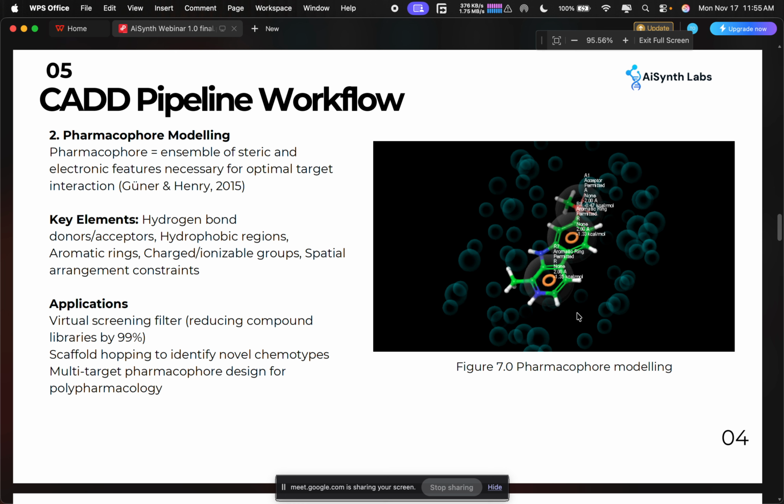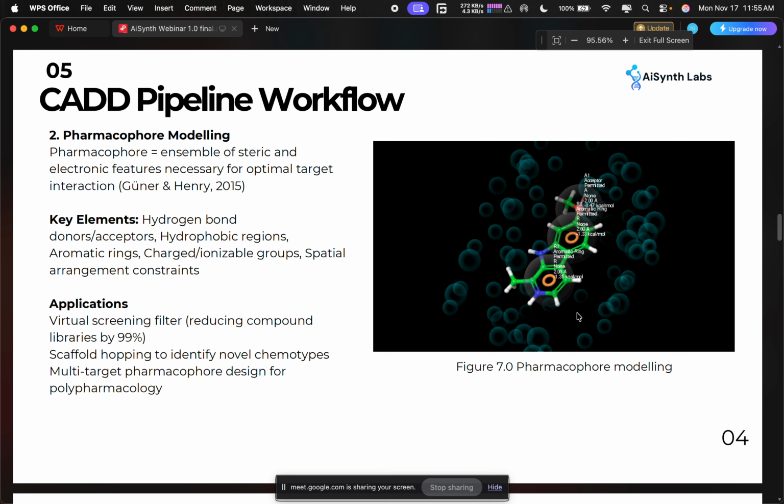What are the features? Is it the hydrogen bond donors or acceptors? Is it the hydrophobic regions? Is it the aromatic rings? Is it the charged or ionizable groups, or the spatial arrangement of the compound? So that's where we know these are the features that each compound that would bind to this particular protein to modulate it